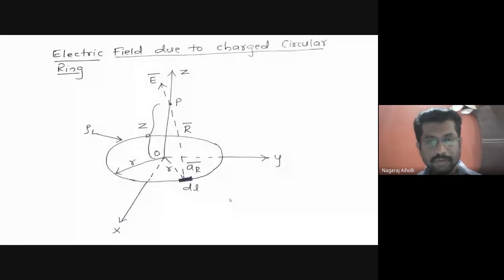Then the radial components of E bar at a point P get cancelled out by each other. If you are considering the component of E bar at the point P, it is lying on the circular ring. If we consider any point on the circular ring and its effect on the point P, on either side of the xy plane, above the xy plane and below the xy plane, they are again mirror images of each other.